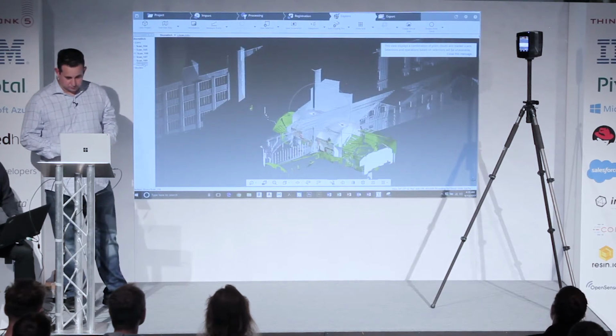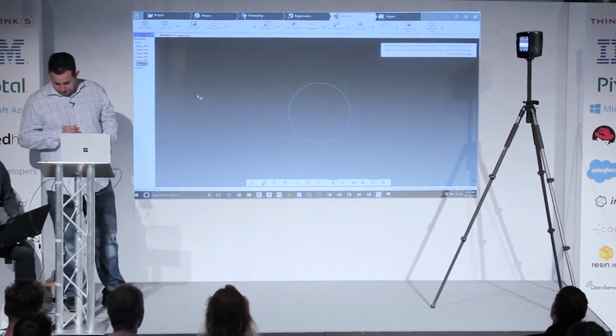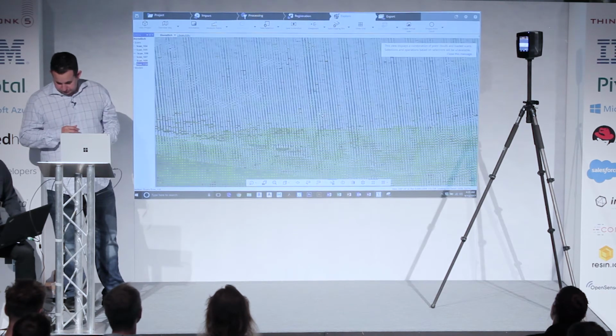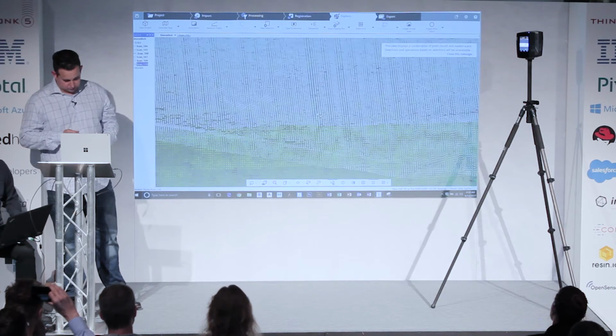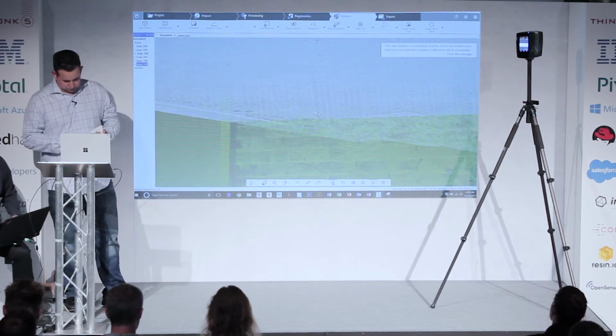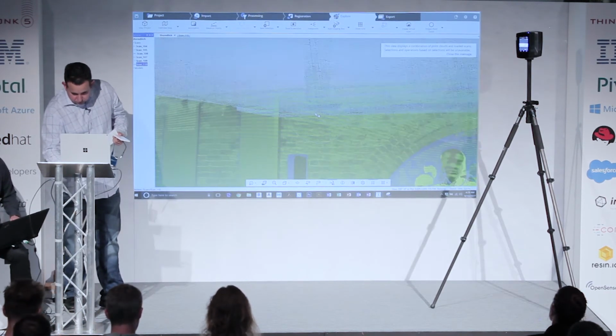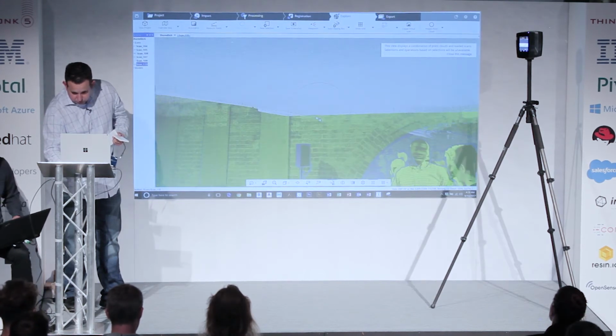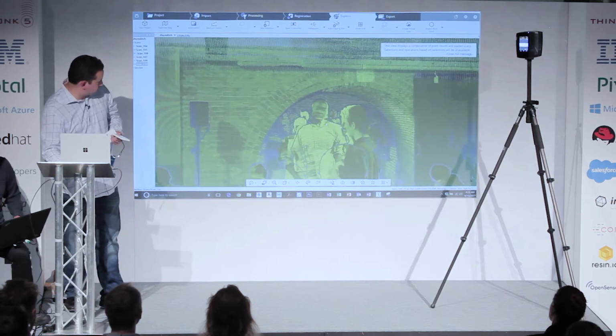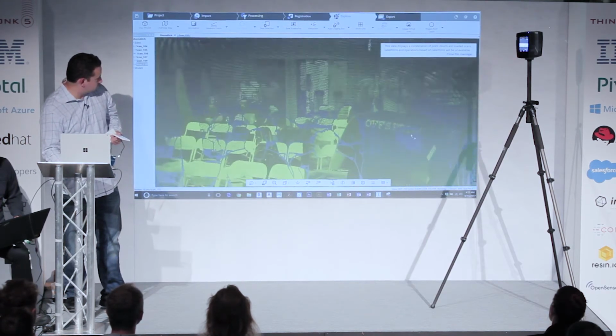If I right-click over the scan that I took and I say locate scan, it's going to take me right into that particular scanner. And I can zoom out a little bit, and some of you guys will recognize each other there. See, there's someone. Now,